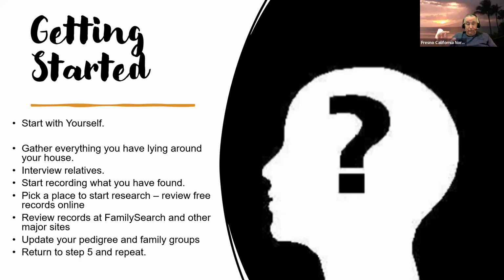And then after you've updated what you have, you go back to step 5, which is pick a place to start, find your new place to start, and go through this again. And when you're finished, go back up to step 5, pick a new person or place to start, and go back through this again. This is a research process. It may not take a lot of true research because you may be able to find things just through your survey of the internet, but this is the way we do it.